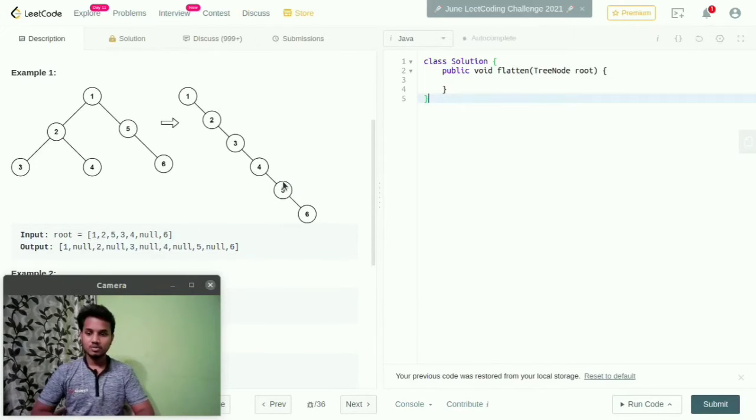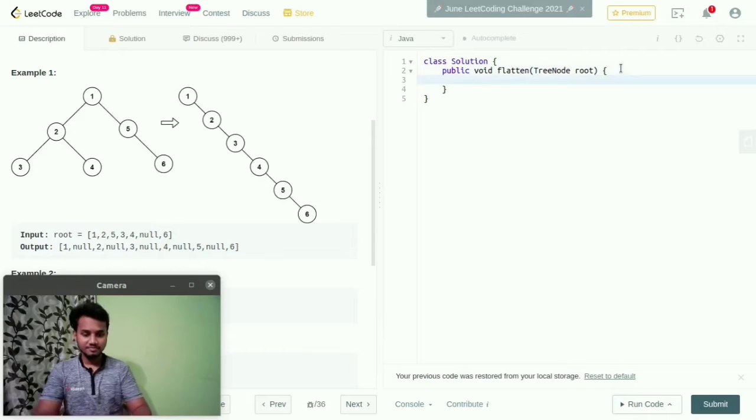So to get this output, what is the logic we need to approach? I will explain clearly. First, we need to mention if root is equal to null, then we need to return.